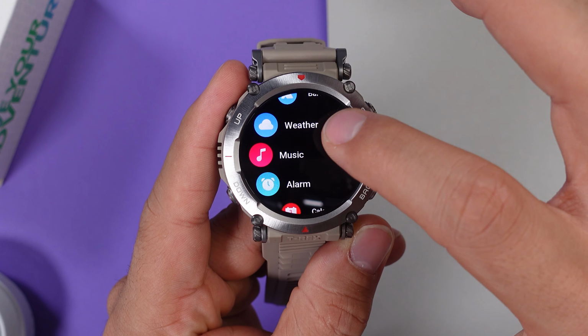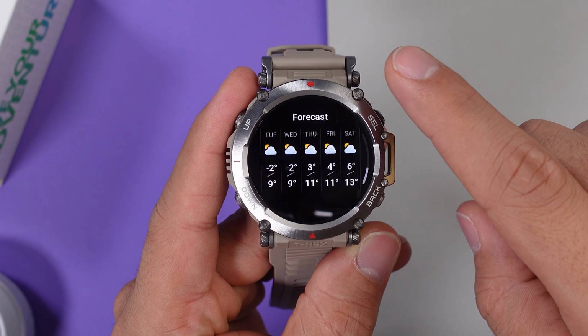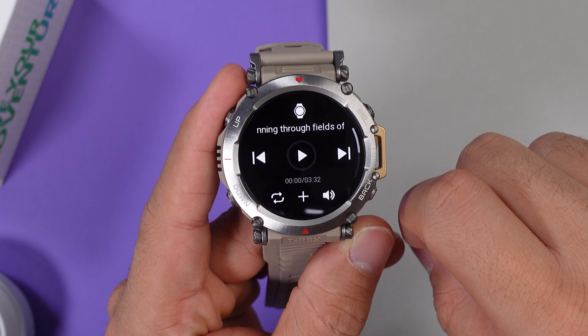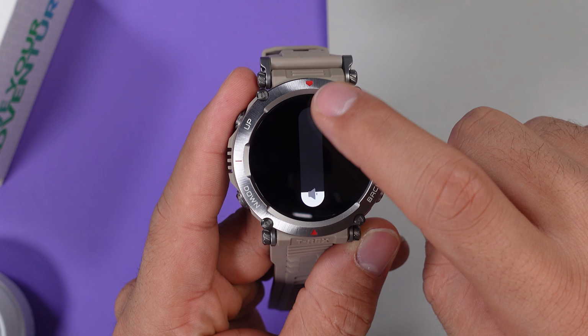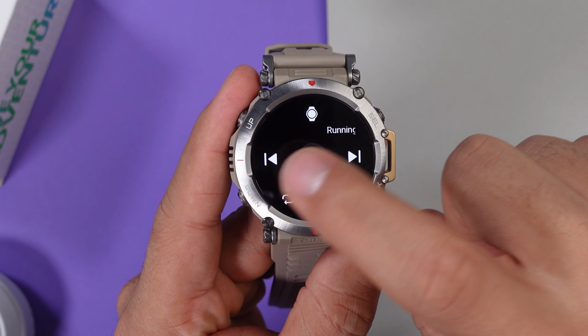So this watch has many more features to offer. You can expect to get a timer, a stopwatch, a compass, alarm, calendar, and a barometer, but you can also check out the weather as well with a little weather forecast for the next few days. You get a music player with which you can control your smartphone's music, like you can adjust the volume, skip a track, go back a track, and play and pause. So even though this watch is heavily focused on activity tracking, built-in GPS, and durability, you get many